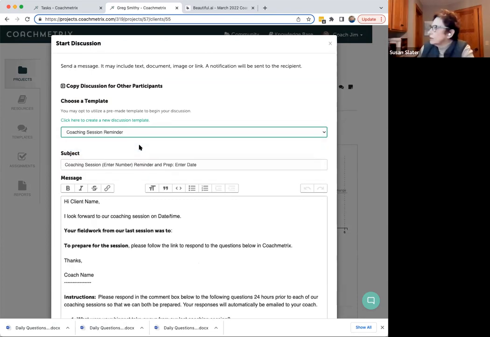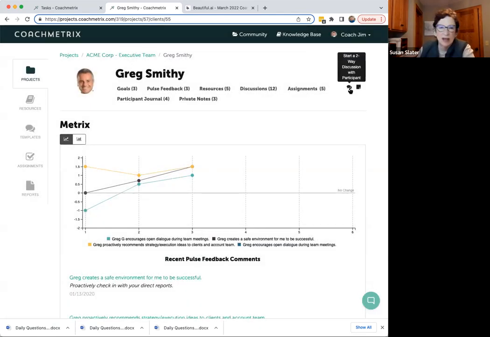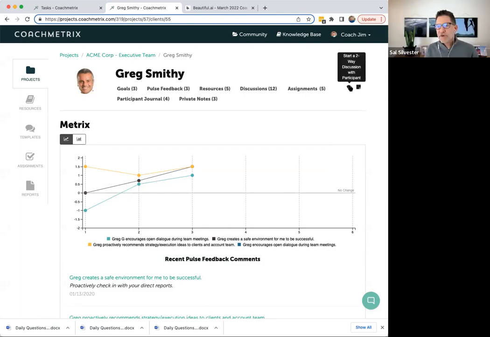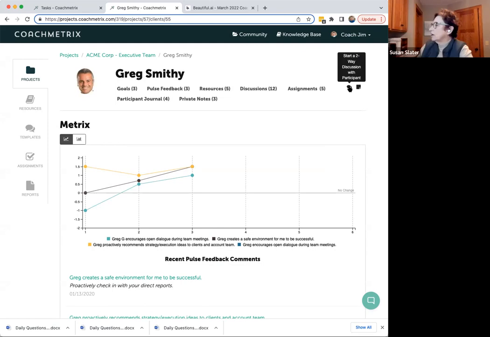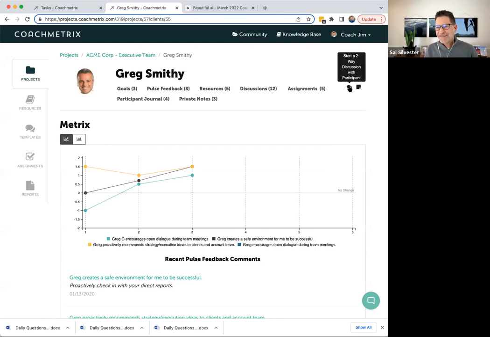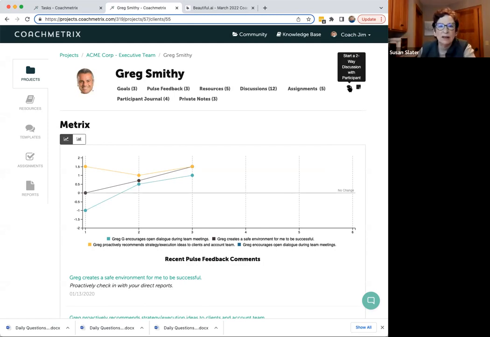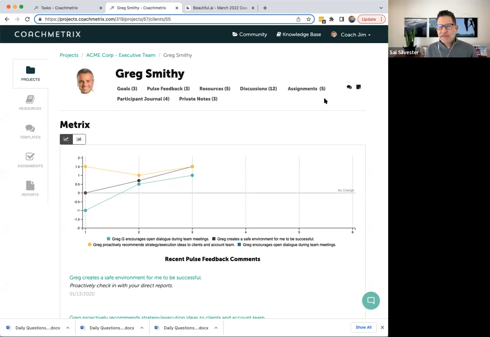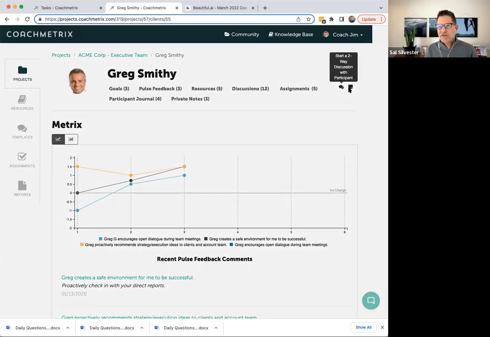Where did you click? There's add a private note. Go back to where you discovered the template. Yep. If you click on start a two-way discussion. Okay, hang on. I'm going to go to a live one, so that if I accidentally send it out, they won't be mad. Oh, I see. At the top of my screen on the right-hand side, maybe I'm not far enough in. So you have to go to post feedback round. There it is. It should be on start a two-way discussion. I see it. So click that.